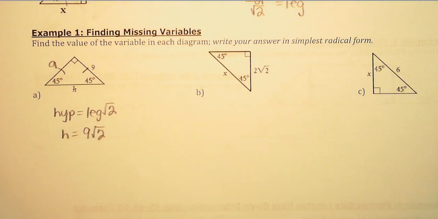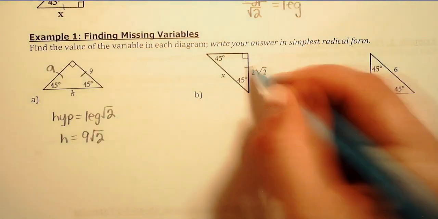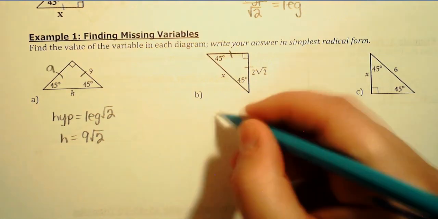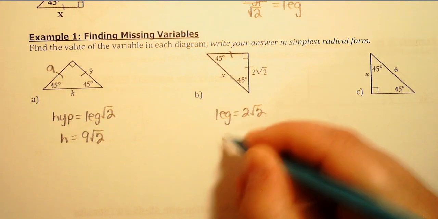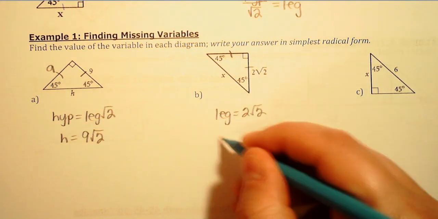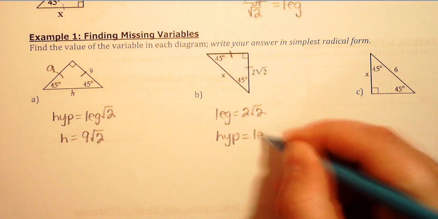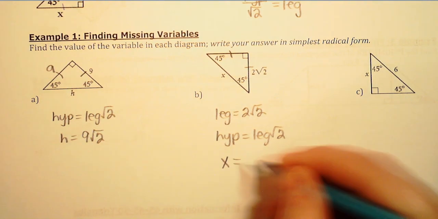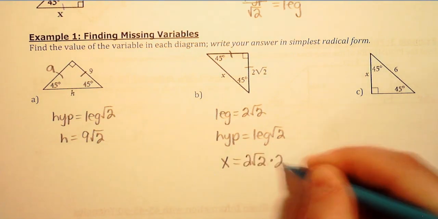If you want to look at the second diagram, you got to make sure you're identifying what do you have. Here I have one of the legs. The legs form the right angle. So my leg is 2 radical 2. The hypotenuse there is going to be x. So my hypotenuse is going to be, again, my leg times the square root of 2. So x is going to be equal to the leg. We have 2 radical 2 times